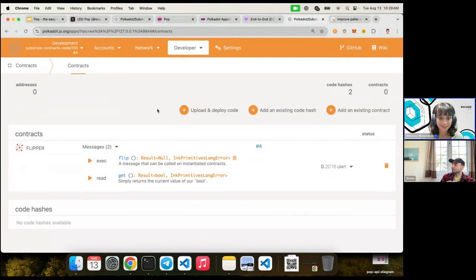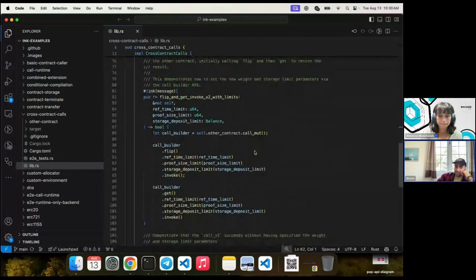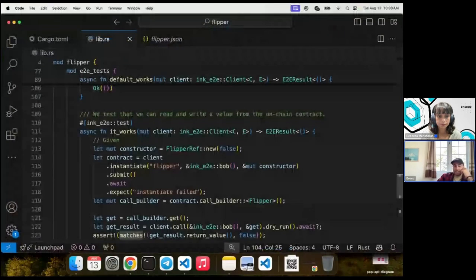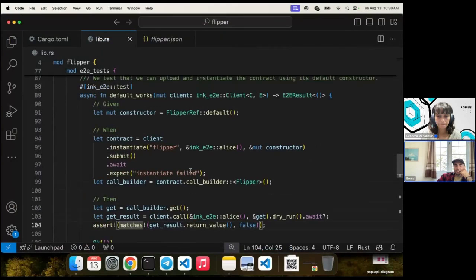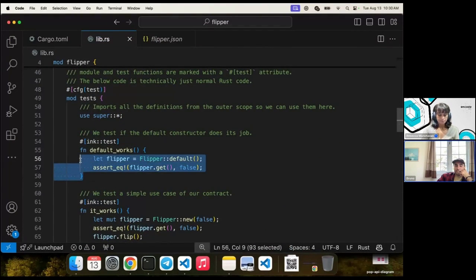Nice. And the last few questions before we wrap up. You sort of touched on this towards the end, but this was asked about halfway through: the difference between unit test and end-to-end test. End-to-end is more robust, right? If we go back to the contract, a unit test is just simple. If we go to the unit test, it's just calling the functions, right? So you could say it's not like a legit, complete test,